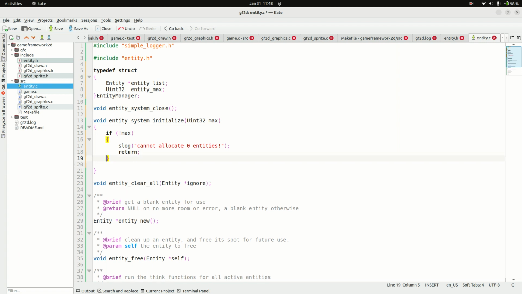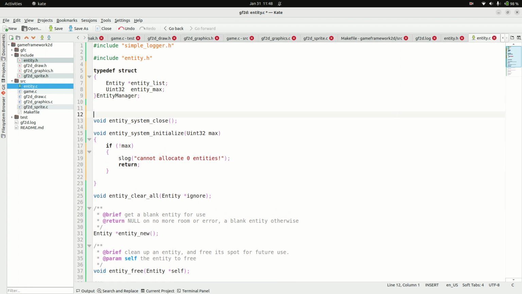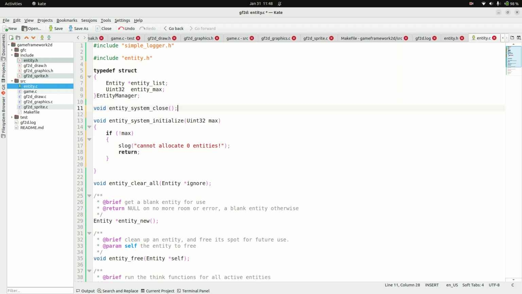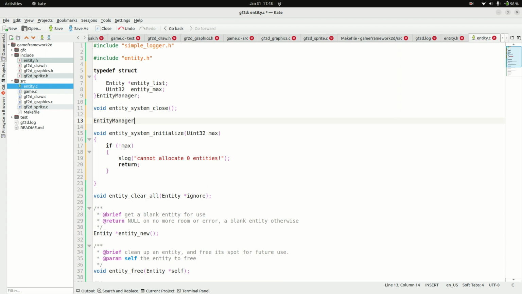Now we're going to need an entity manager. I declared the type, but we don't actually have one. So what I'm going to do is make this a global. Gasp! I know, global variables. Aren't those illegal? Only by people who don't know how they're supposed to be used. This is going to be a static variable. We're going to make an entity manager, and we're going to call it maybe underscore entity manager